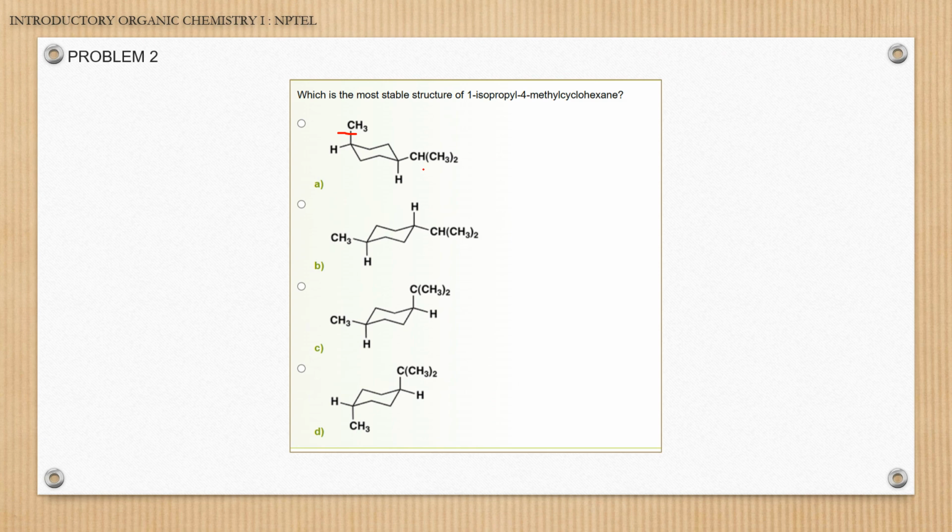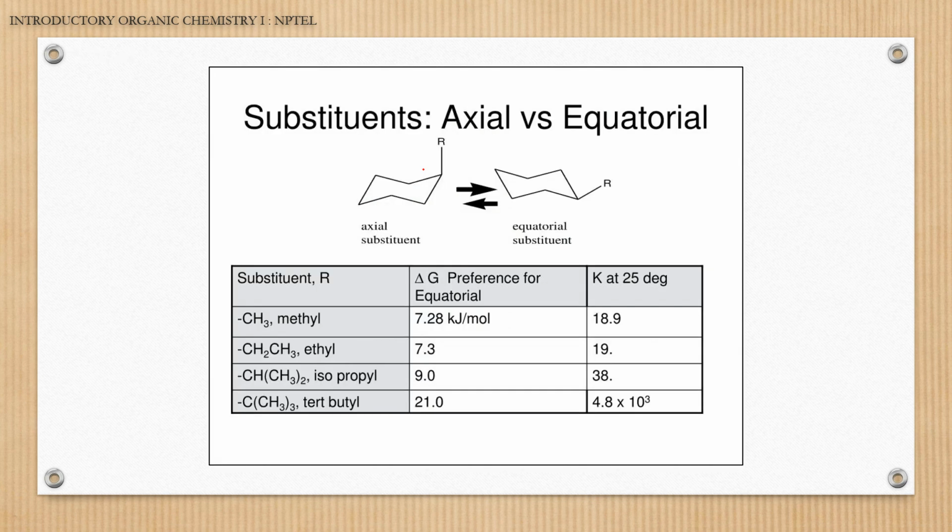So, how much preference it has to be in equatorial position is reflected in the A values, right? Now, as we can see here, the A values present here, the delta G preference for equatorial for methyl is 7.2,